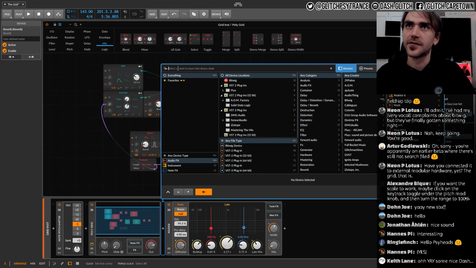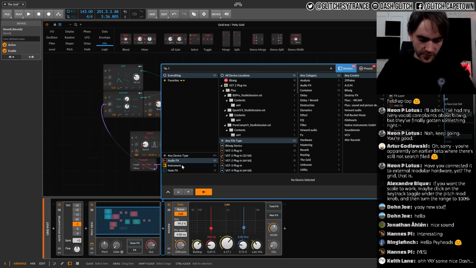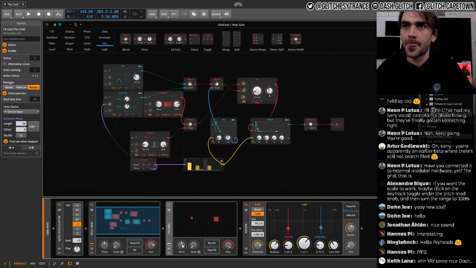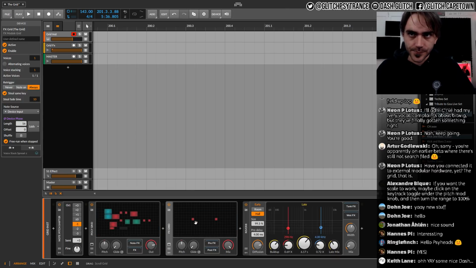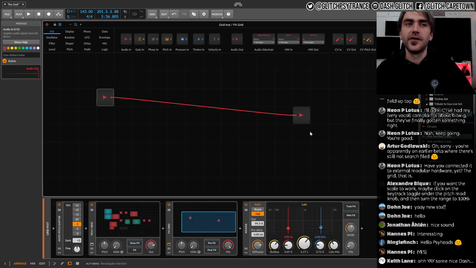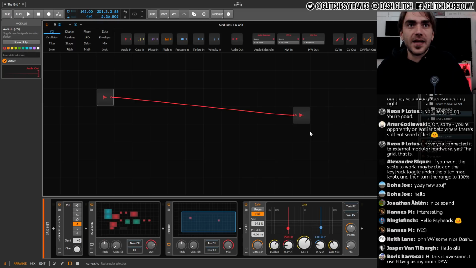It's called Effects Grid, I think. Or is it called Grid Effects? No, it's Effects Grid. Why didn't that come up? So here, if we open this up, you'll see you've got this audio input and output already routed. The really cool thing about this is they've designed it to automatically handle